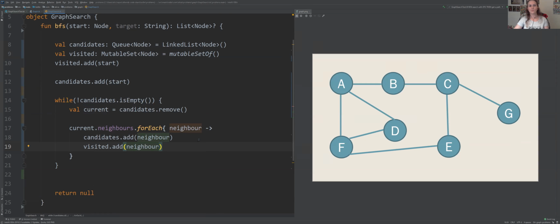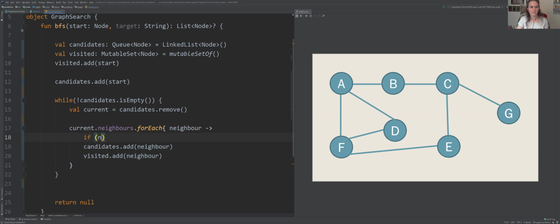Okay, cool. So I go to my node. I check its neighbors. I say, all right, I've already looked at all of these. I'm just going to put them in my visited list. But how do we actually do the filtering? So we have to say, well, what do we want to do if it's already been looked at? We probably don't want to add it to our to-do list because we already did it. So we will say if neighbor in visited. So if I already looked at it,